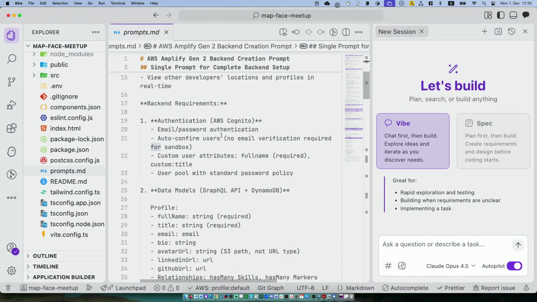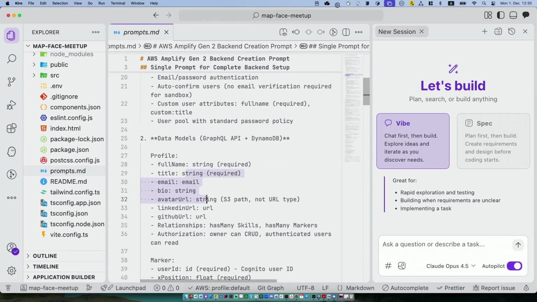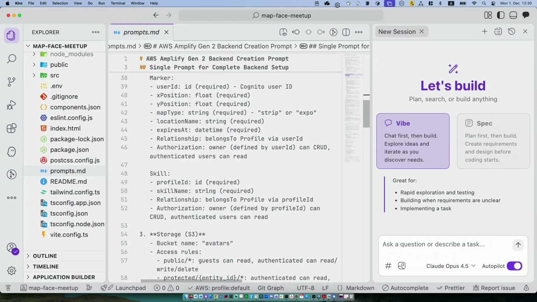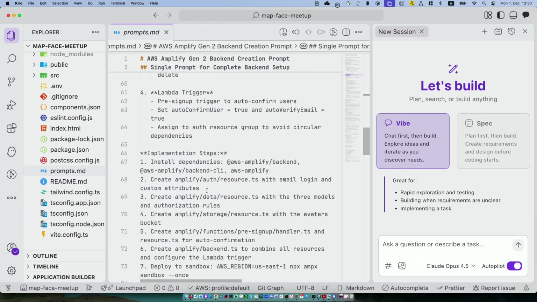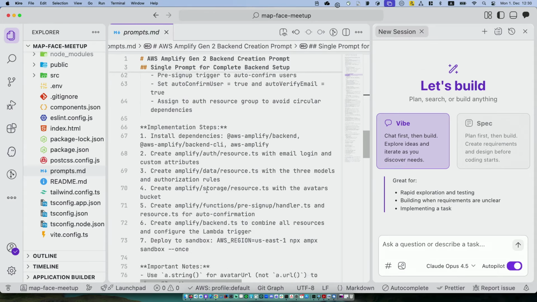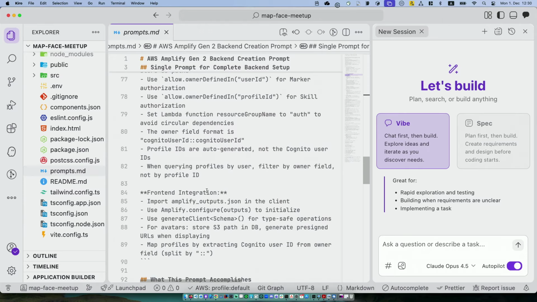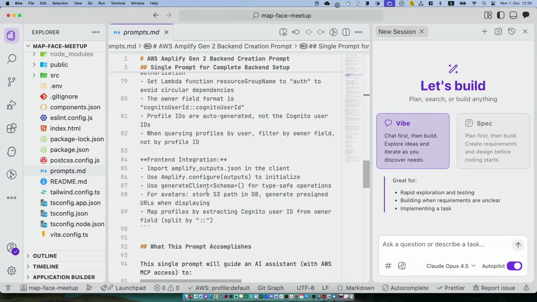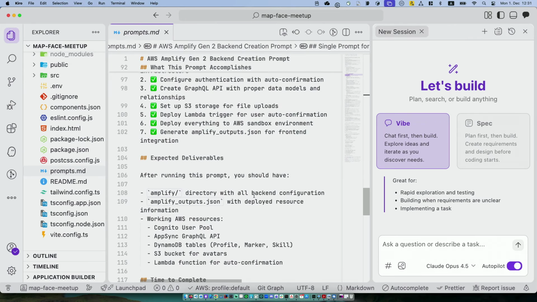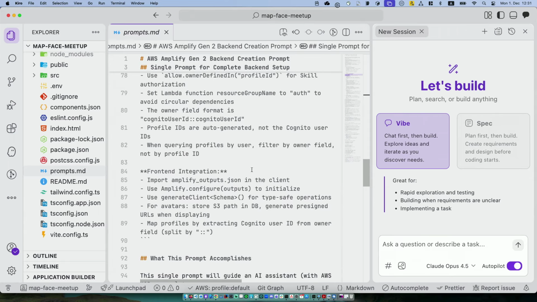I added an application overview, and I added some backend requirements on what to do for URLs, the marker, basically for everything. We have Lambda triggers, so I don't need to do the email confirmation for every user that I have created. Every single detail that I have here is there, so I can let this thing know that it needs to do a proper implementation for this. With everything in place, I will add even one point here extra and say make sure you remove the mock data and actually use the real data at the end.